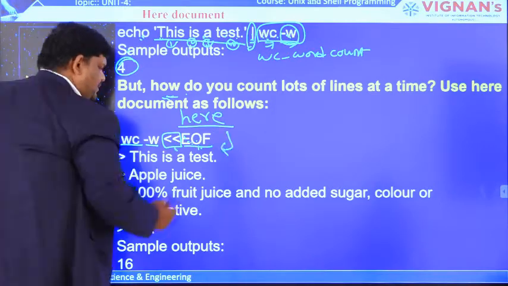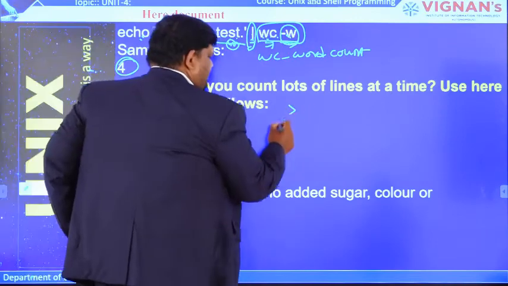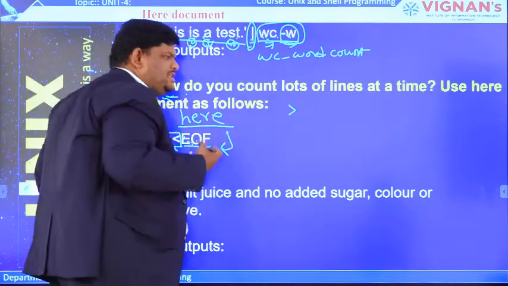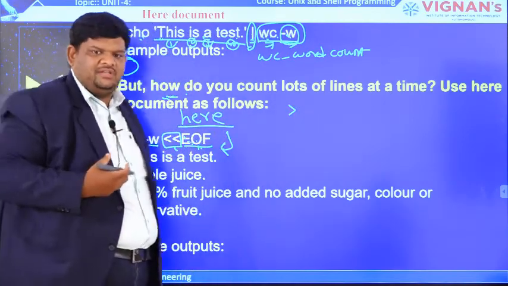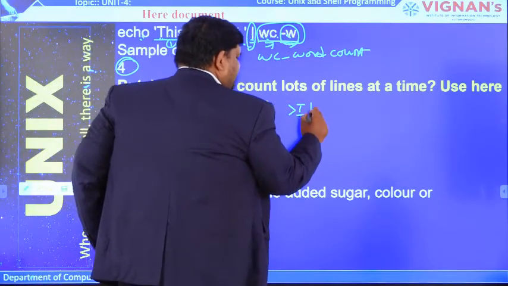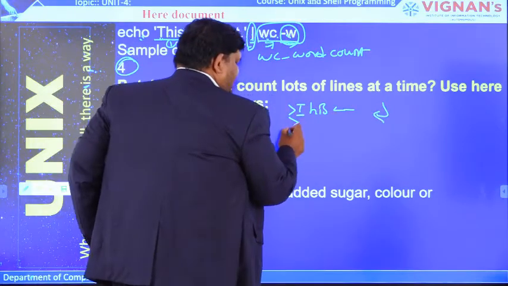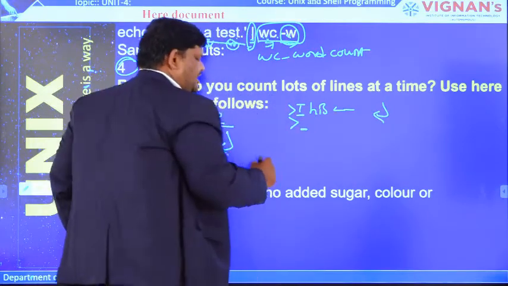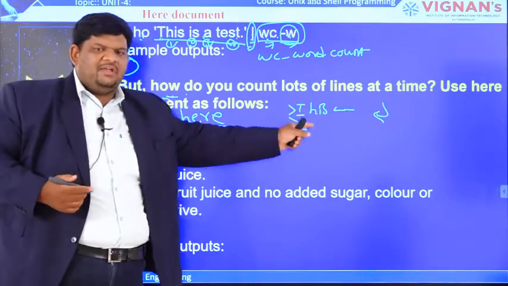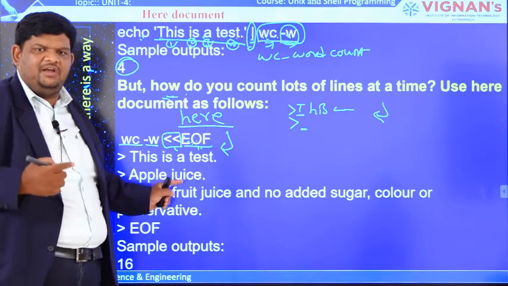I will explain. After pressing the enter key, in our shell prompt a bracket will open. That means the shell is waiting for input from the user. The cursor will blink here, which means we have to give input. After that, press enter, and again a bracket will come and the cursor will blink, meaning we have to give input here. That is the meaning of a here document: right here we can give our input.